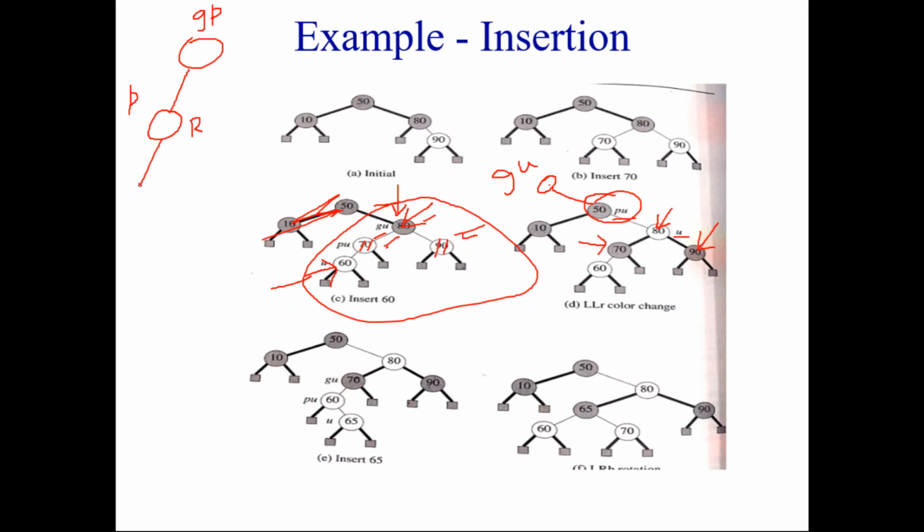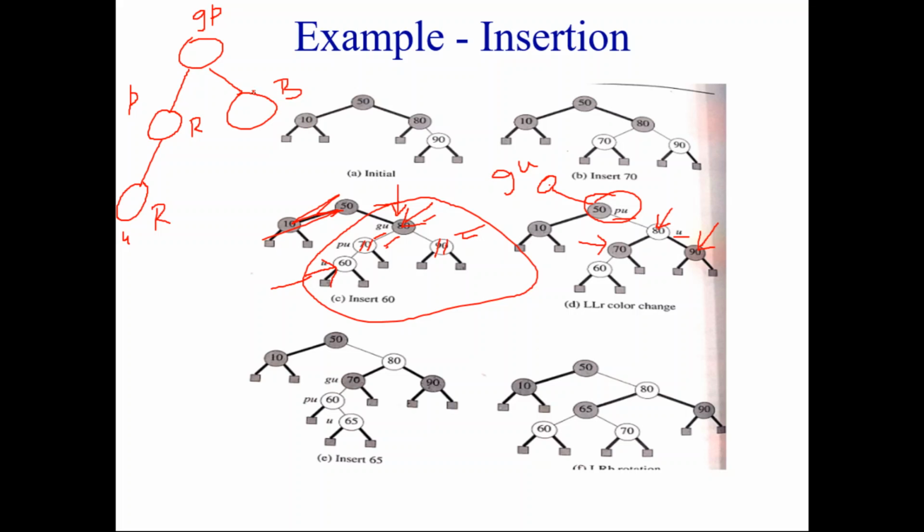Now you are adding a new node U. This U is also red in color. So it is an imbalance. Now you are checking the parent's sibling. His parent's sibling is black in color, or it is a nil node. Nil is also black. Now what you should do is perform a rotation on the grandparent.